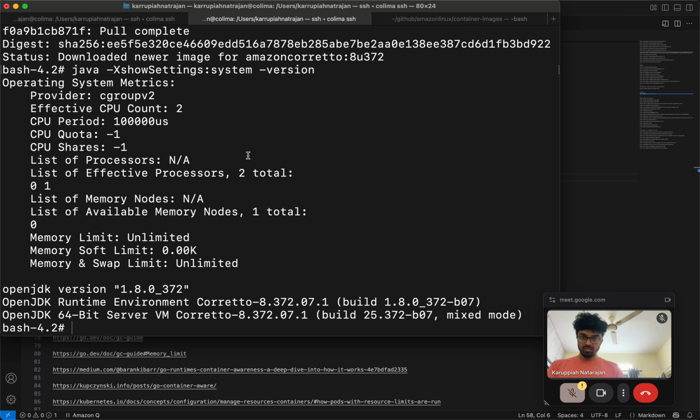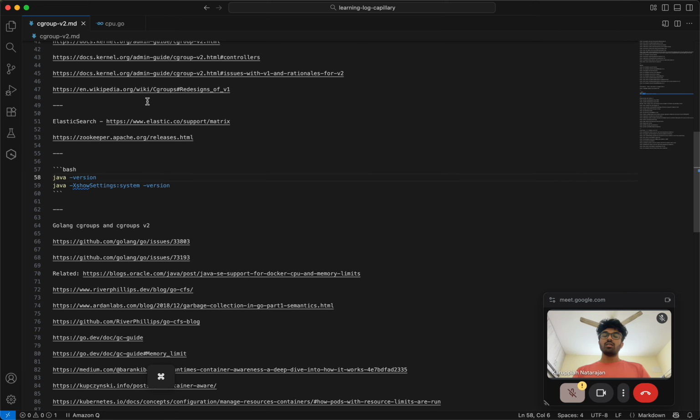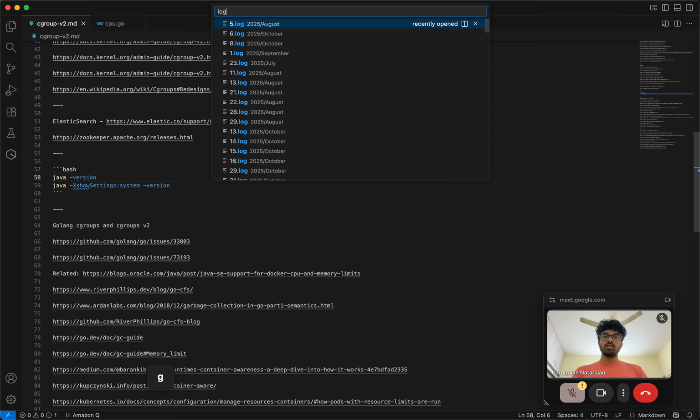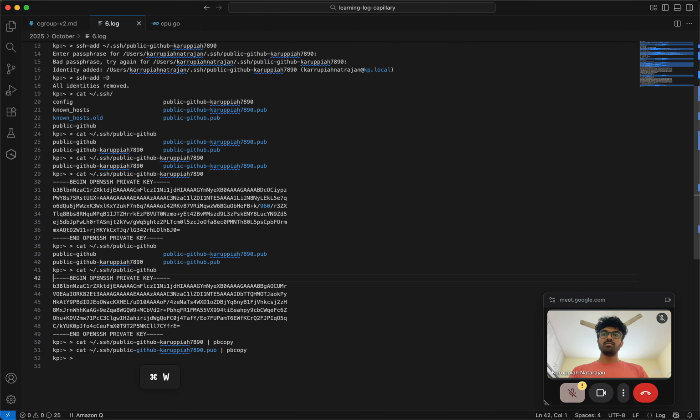Cool, so that's the first version that shows the cgroups v2 in all of this.